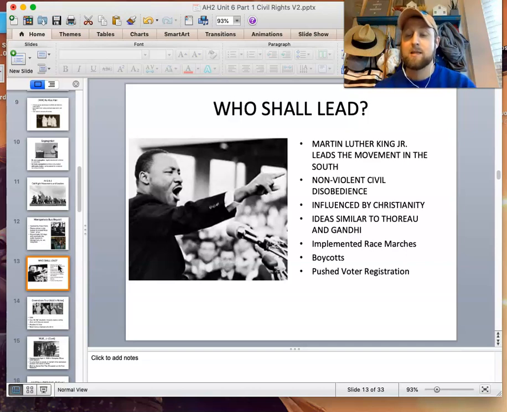The types of things that King would do. He was a great speaker. He's a great orator. The most famous speech in American history is the I Have a Dream speech, where he marches on Washington and really brings attention to the civil rights movement on the biggest stage possible. He uses the church very, very efficiently during his movement for equal rights. He makes it a moral issue, an issue that it is not right to treat African Americans less than whites.